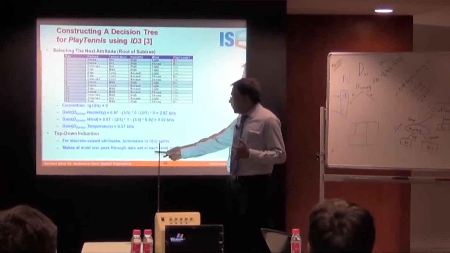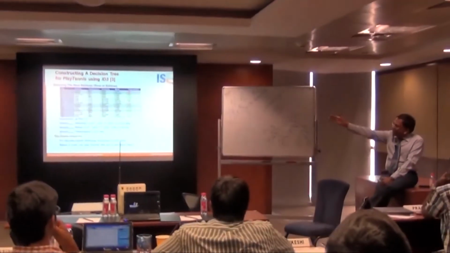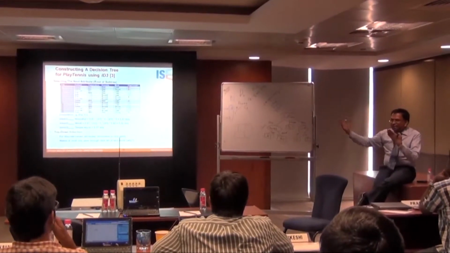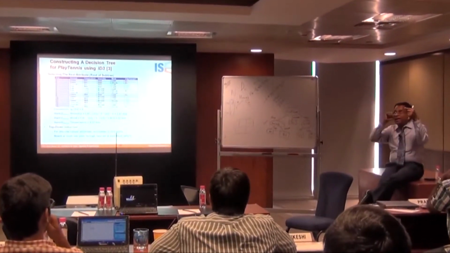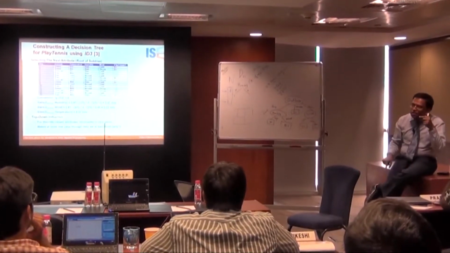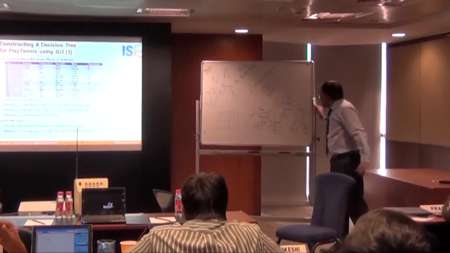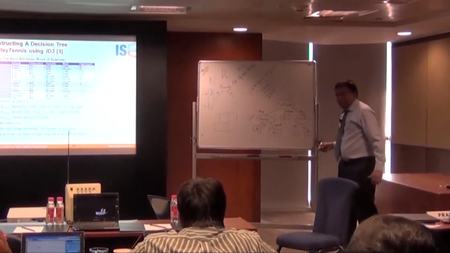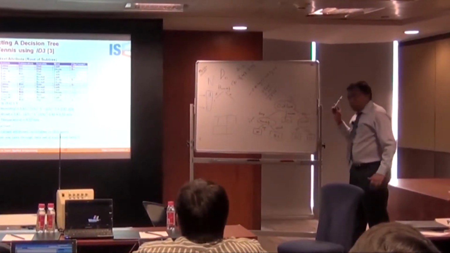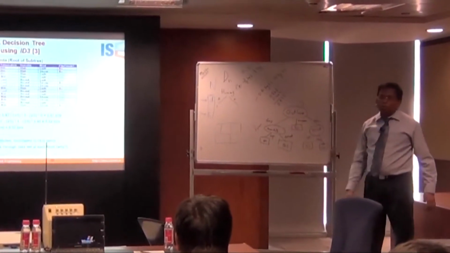It makes at most one pass through the data set at each level. Why are they saying that? We said if it is D rain, how many winds? Then you counted rain, light, strong. You counted. That is one pass through the set. So it's saying that at every level, this is level 1, this is level 2, this is level 3, in total, it does at most one pass through the data set.